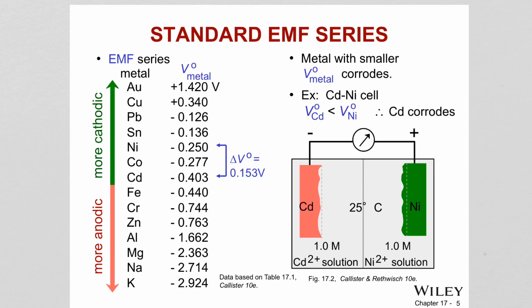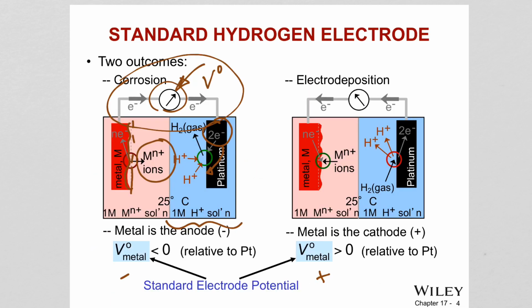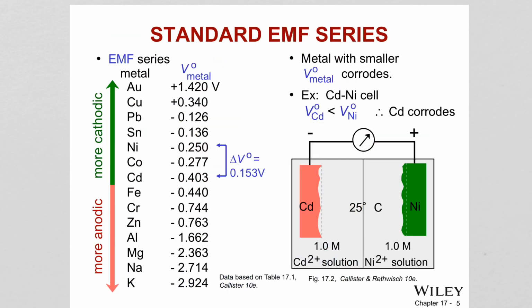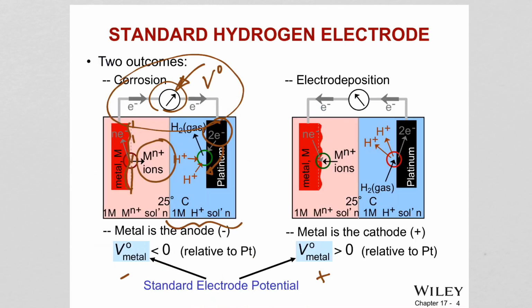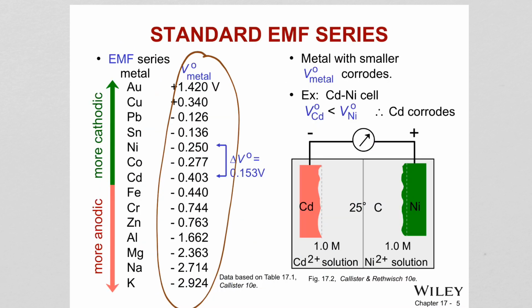So here we have the standard EMF series, meaning all these metals you see, gold, copper, tin, nickel, iron, zinc, everything you see here, they are measured against this standard electrode, and their electrode potential is read and recorded here, as I told you. Some of them are positive, some of them are negative. Of course, as we said, they are relative to platinum. Okay, so